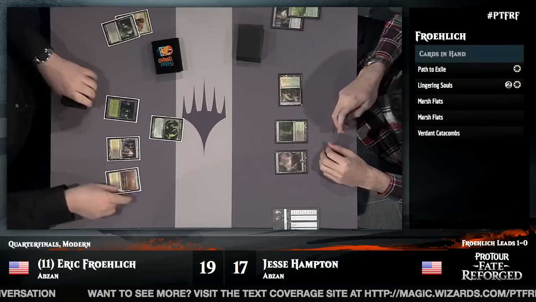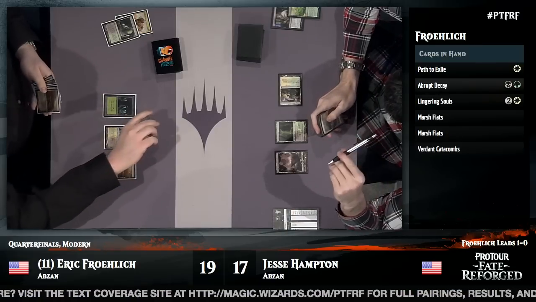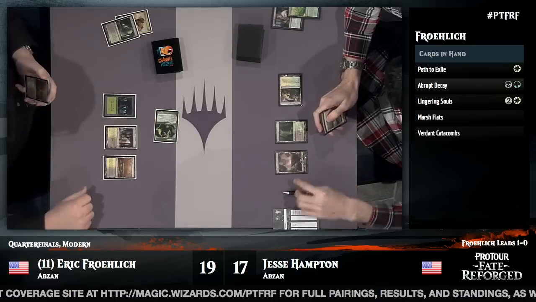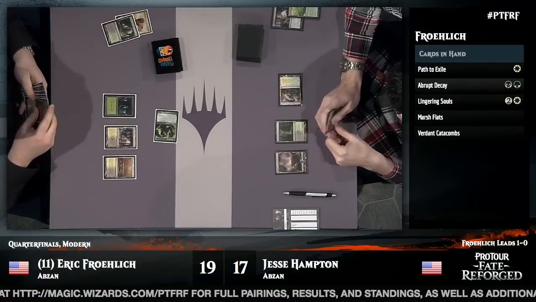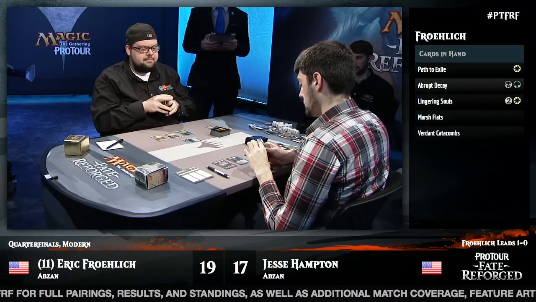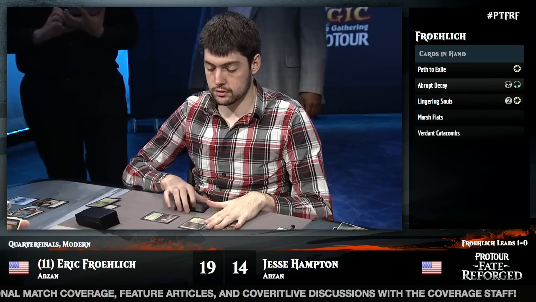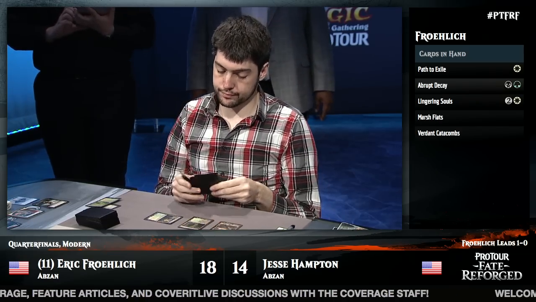Eric Froehlich taking a relatively conservative route here, just for now bringing in the 2 Zealous Persecutions we mentioned and a 2nd copy of Batterskull to add to the 1 in his main deck. So he has left in the Lilianas? No, the 3 cards he brought out were his 3 Lilianas, as he mentioned in the interview. Yeah, but the Thoughtseize has stayed in. The Thoughtseize did stay in, yeah. Okay, because he said there he wasn't a big fan of it. Yeah, it's not a card he's a fan of, but he doesn't have anything else that stands out that he